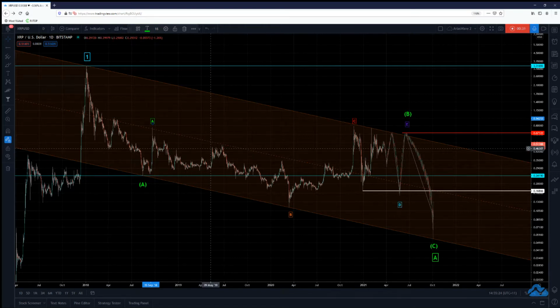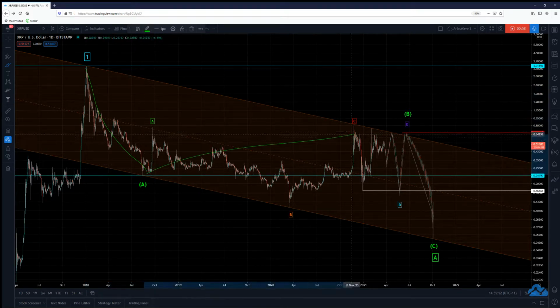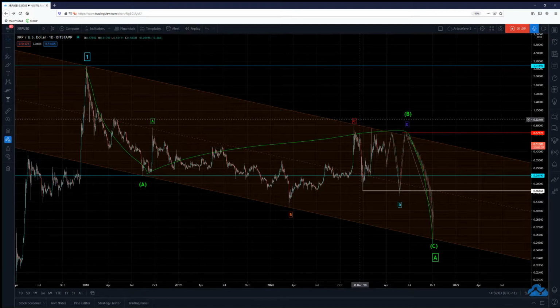And the reason being is because I think that what we're seeing here is a larger zigzag pattern since the 2018 high. So what I think this first wave here is a 5-wave move, right, for the A wave of the zigzag. If you're aware of how RES wave operates, it's basically A, B, C looks like this in a zigzag. So within the B wave, you have the A, B, C, D, E as well,